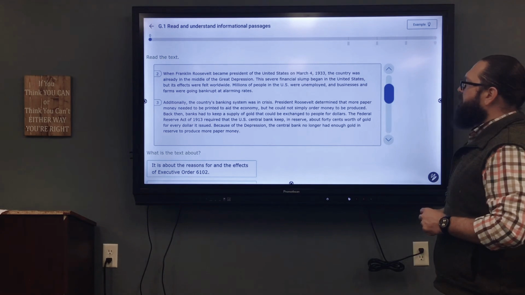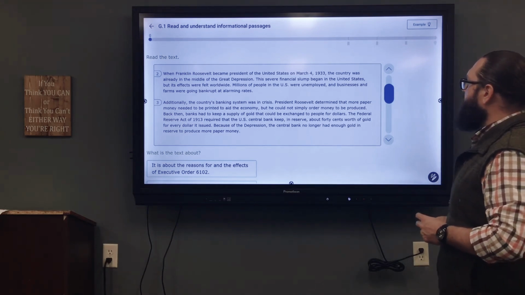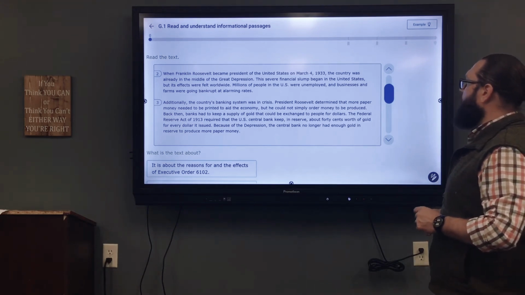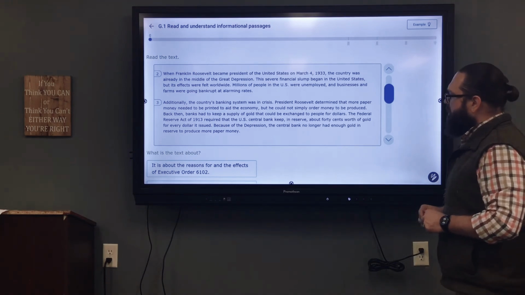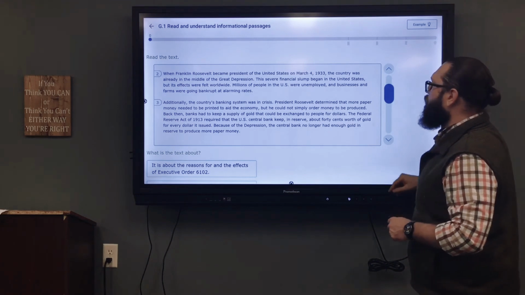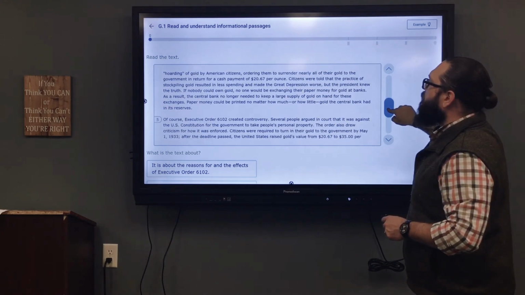Back then, banks had to keep a supply of gold that could be exchanged to people for dollars. The Federal Reserve Act of 1913 required that the U.S. Central Bank keep in reserve about 40 cents worth of gold for every dollar it issued. Because of the Depression, the central bank no longer had enough gold in reserve to produce more paper money. However, Roosevelt